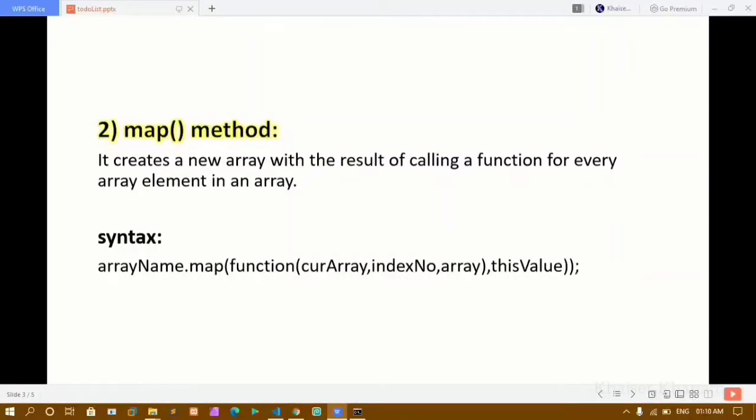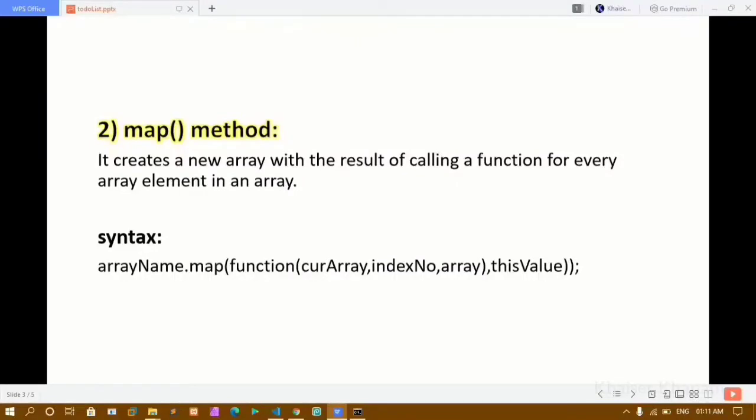If you have an array, and I have passed an array of objects, the first object will be my first element, that is my 0th index object. This map method will call the function for all the elements inside the array, and this will create a new array without affecting our original array. We are going to write an example on this and then you will understand the map method in a better way.